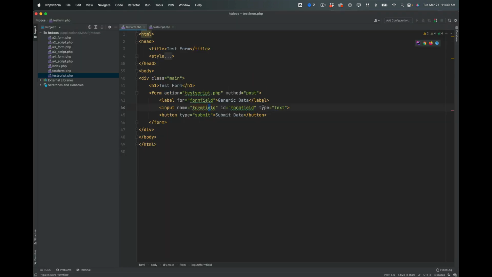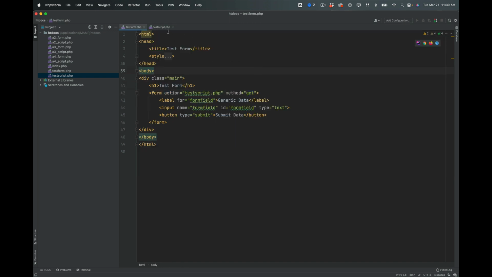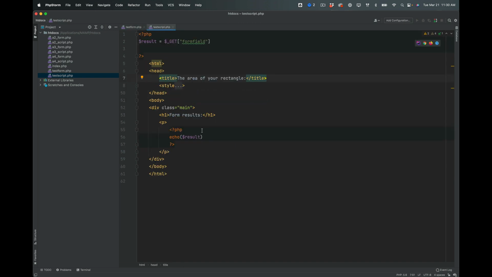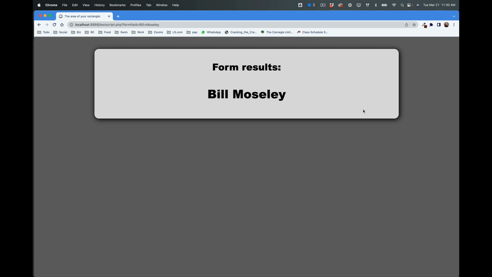So if I go back to the form now, let's look at the script. And I'm just going to make one simple change here. I'm going to change the method from post to get right there. And then on the script side, instead of post global variable, I'm going to use the get global variable. And it works very similarly from a scripting standpoint to what we did before with post. But now if I go back to the form, and I have to reload the form so that I have the right method there, and I just insert that same data and submit it, you can see the result here